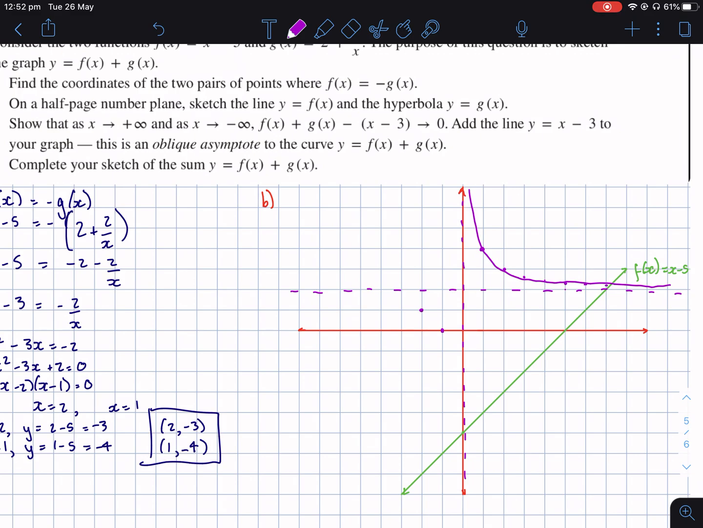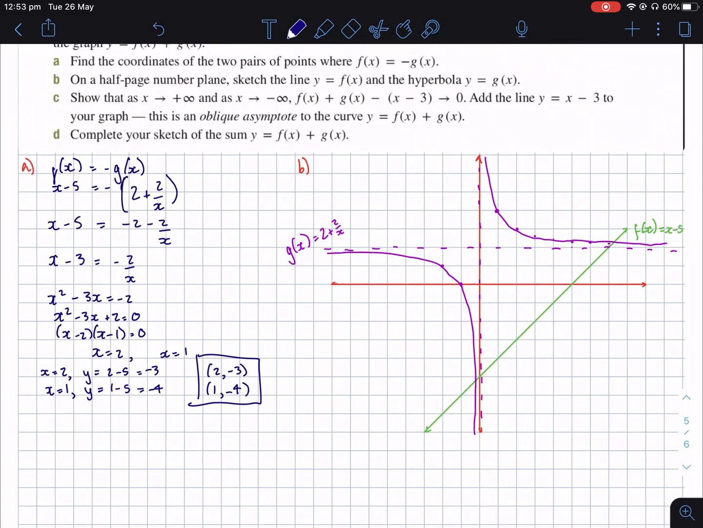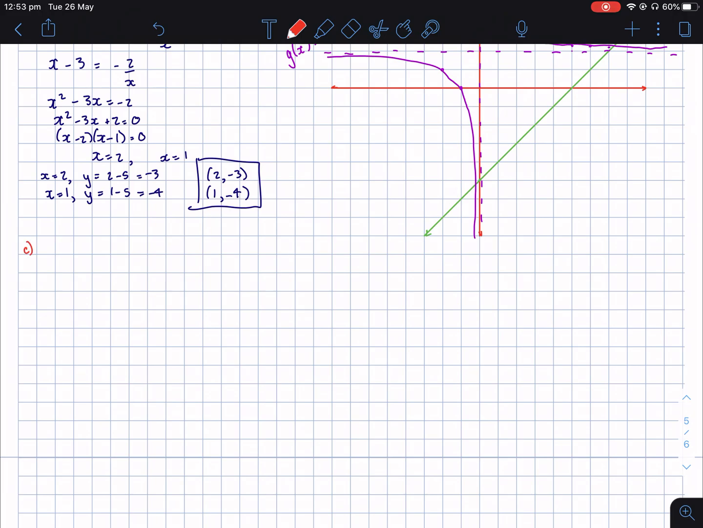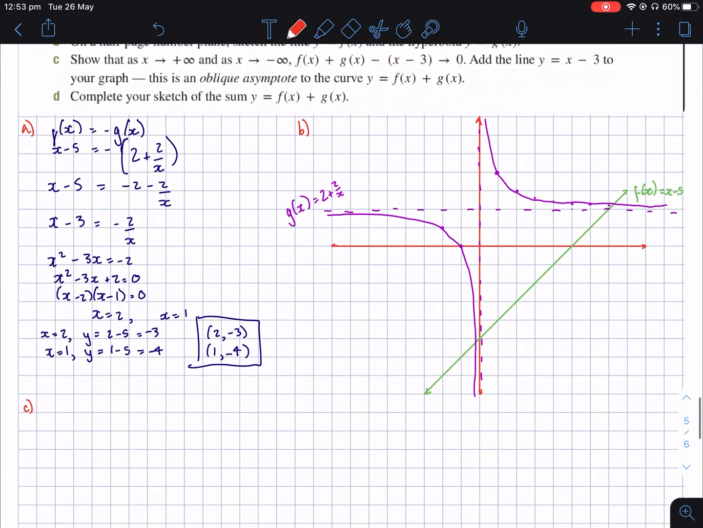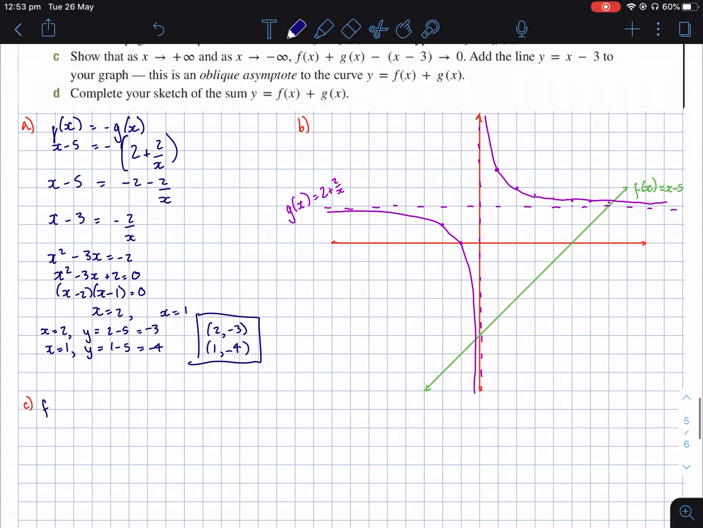And it's going to kind of... Okay. Show that as x tends to positive infinity and x tends to negative infinity, f of x plus g of x, take that, it tends to 0. So f of x plus g of x, take this thing,